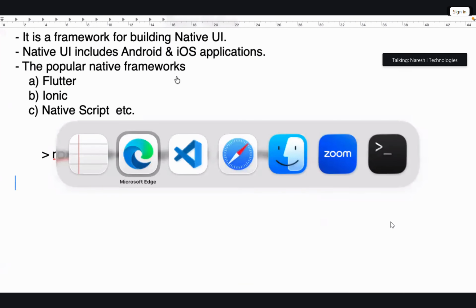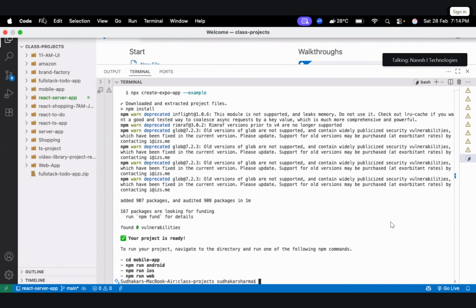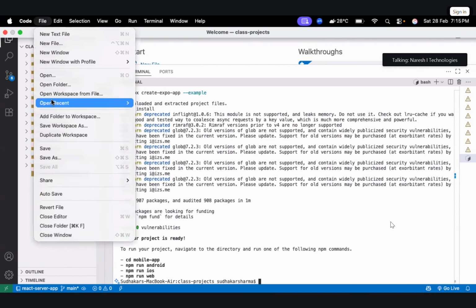And it is saying you can use npm run android, npm run ios, npm run web. Actually, to run Android and iOS, we need Android and iOS Studios installed on your computer. For npm run web, I will open here. Open the folder.